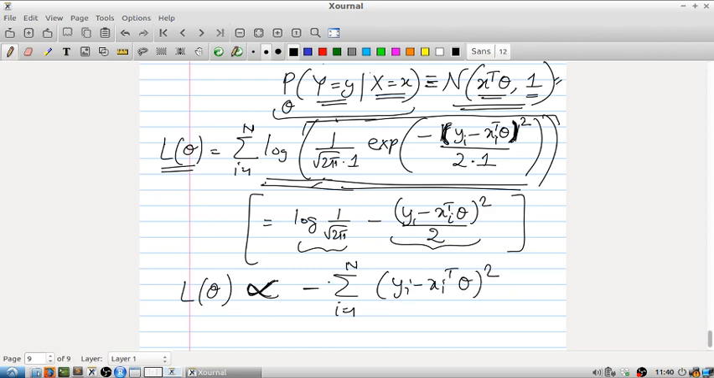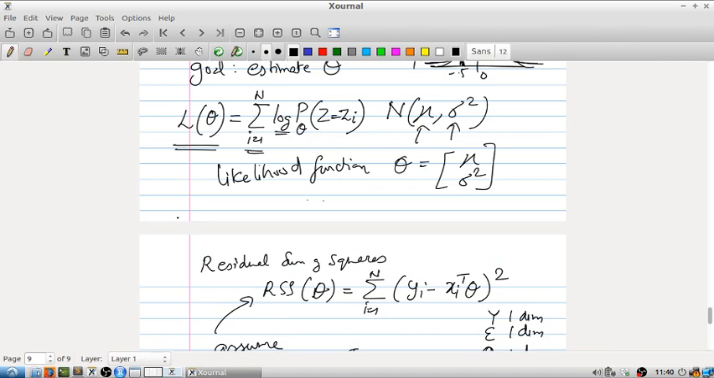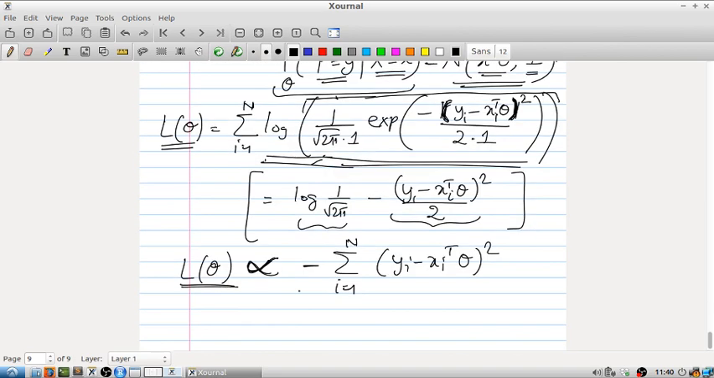There's a divided by 2, but I can kind of ignore that again in proportionality because it's a constant. Okay. So maximizing the log likelihood, actually, the likelihood function. Did I say it was a likelihood function? It's a log likelihood function, sorry. Without the log, it's a likelihood function. Okay. So maximizing the log likelihood function is the same as